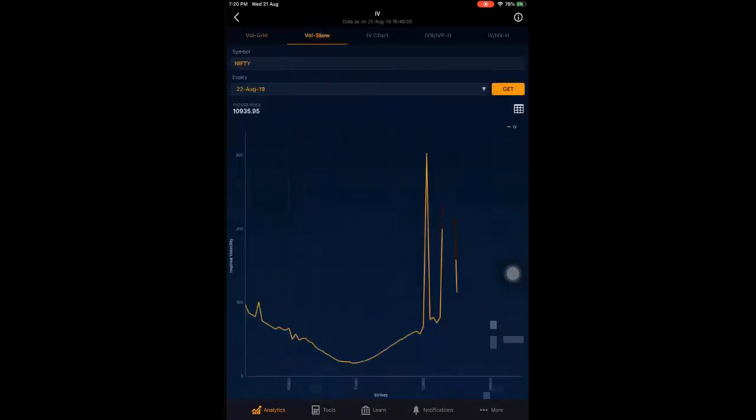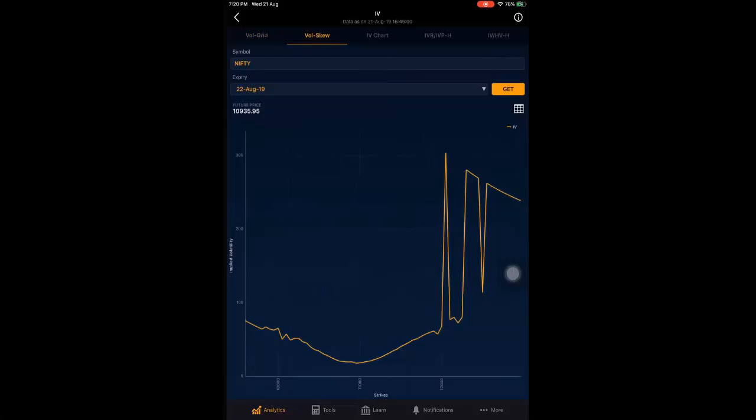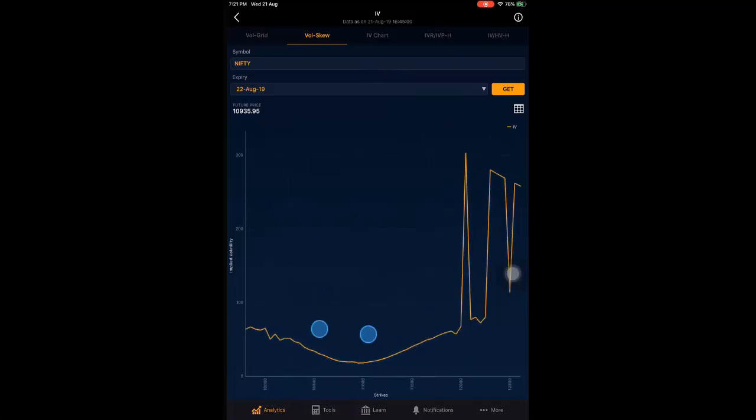Then comes the vol skew. It's one of the oldest ones. It actually tells you the complete skew structure, the smile, how the IV is placed across the strikes. The shape of the vol skew helps you to gauge whether it is in trending mode or in sideways mode. So say for instance, like the Nifty now,